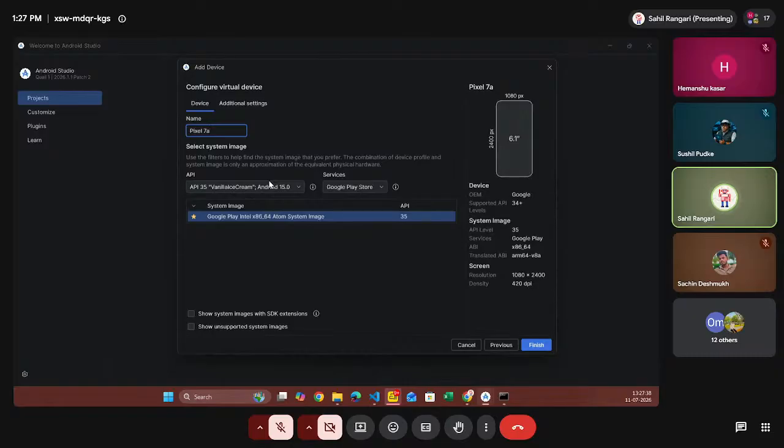Now what do we have to do? As a beginner developer, you have to give a name to this device, as we have given Pixel 7a, and here we have additional settings which we don't need to update manually. We just select with the system images over here. You have to select the APIs which we require for the device. Then we have to select the services from here, and in the API section we have multiple APIs which we can select. I'll just click on show all,